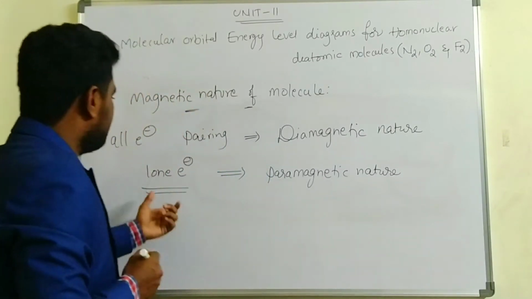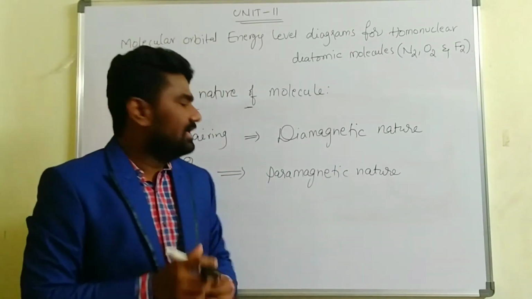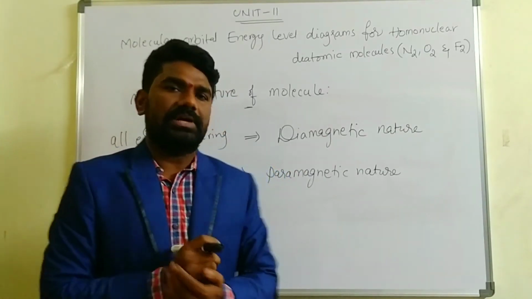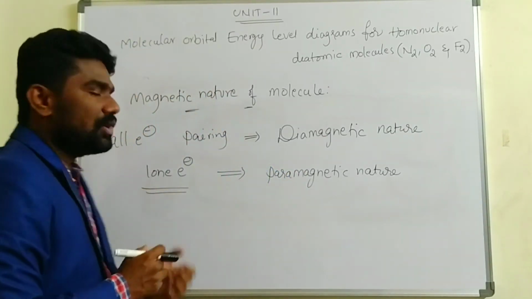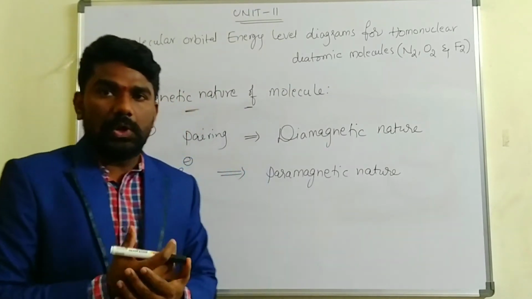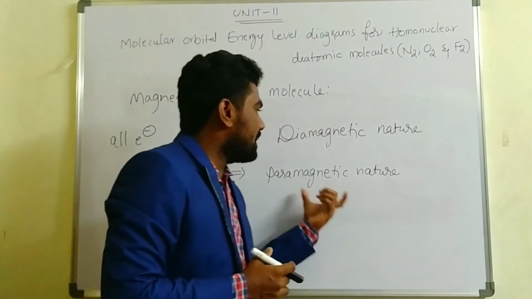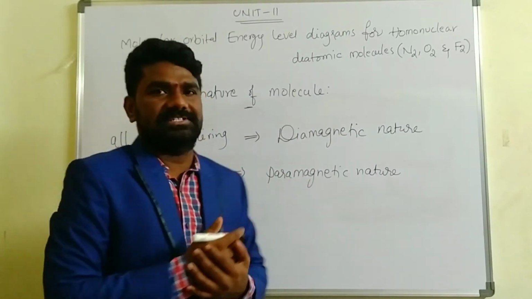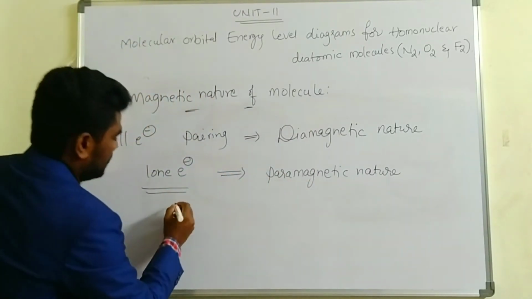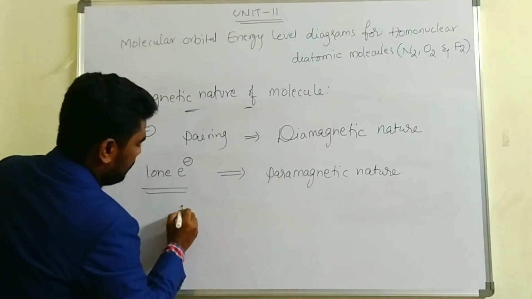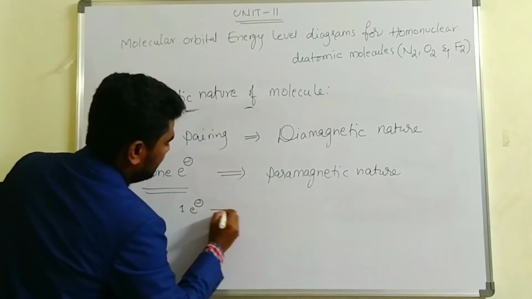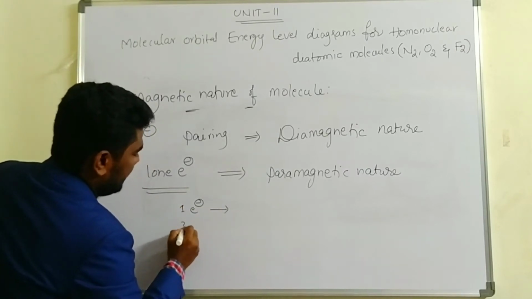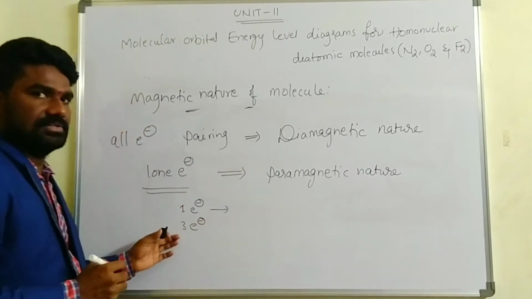If the number of lone electrons is high, then the paramagnetic nature is also high. If the number of lone electrons is low, then the paramagnetic nature is also lower. That means if one molecule has only one lone electron, and another molecule has three lone electrons,